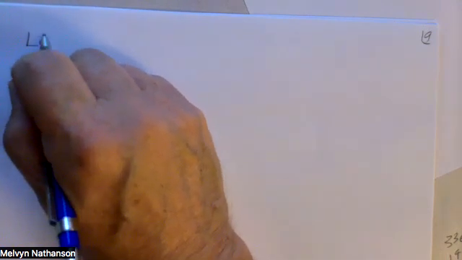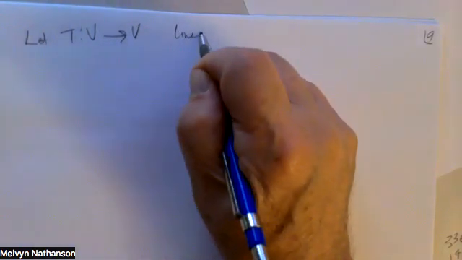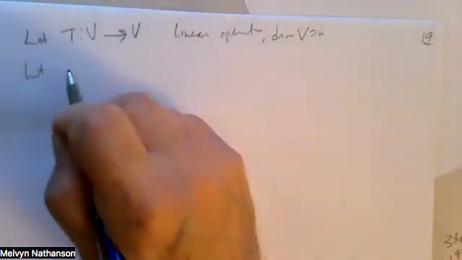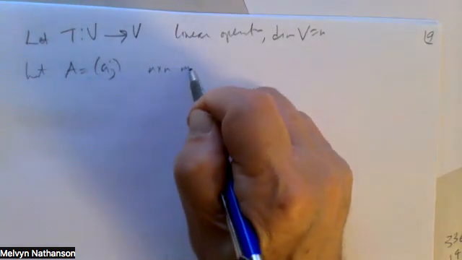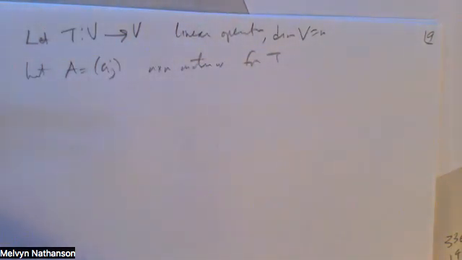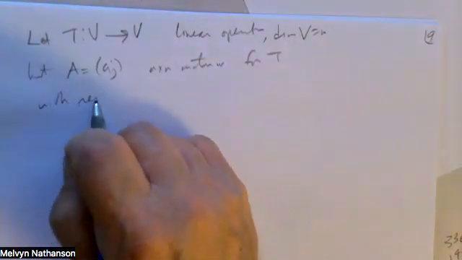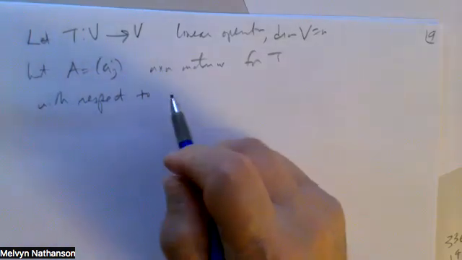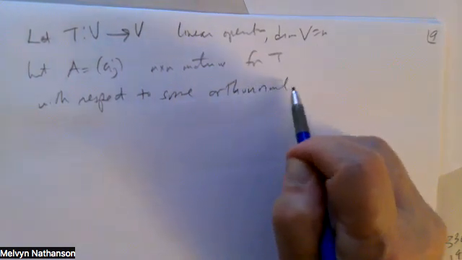So suppose we let T from V to V be a linear operator and let the dimension of V equal N. Let A equal Aij be the N by N matrix for T with respect to the standard basis, or the N by N matrix for T with respect to some orthonormal basis,